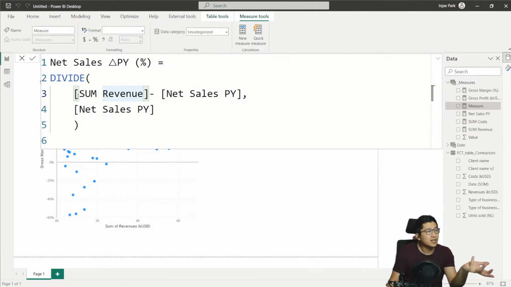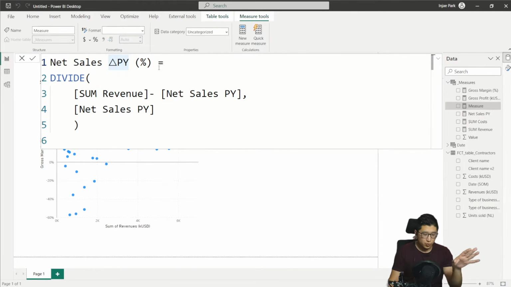So you're basically taking the sum of the current year revenue subtracted by the revenue in the last year and dividing that by the last year. And that way you will have a percent increase. If you want to know how to make this delta sign, essentially it's like